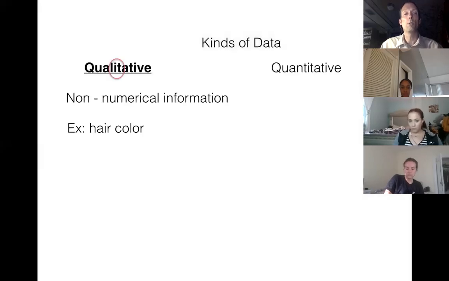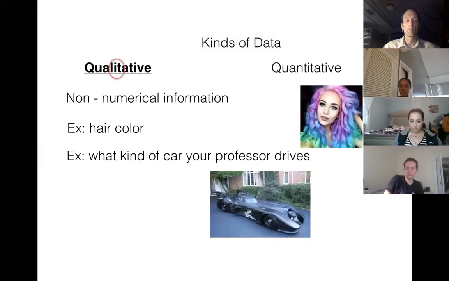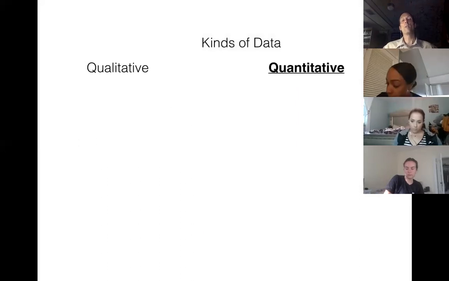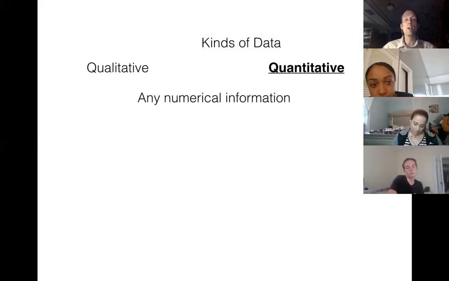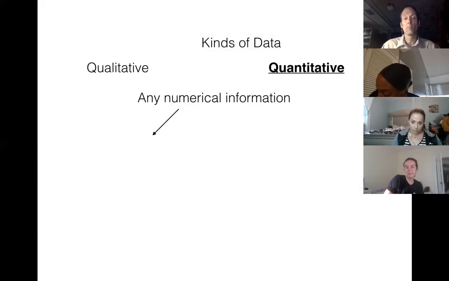Okay, so we'll get into quantitative stuff then. Now, what's quantitative? Well, if qualitative was non-numerical, what do you think quantitative is going to be? Numerical. Exactly correct. Well done. So it's numerical information, and we have two distinct kinds that we have to know about. I will ask you for these on the test.